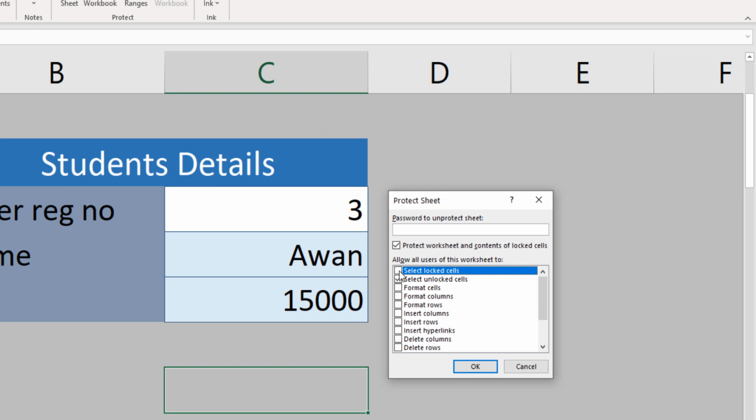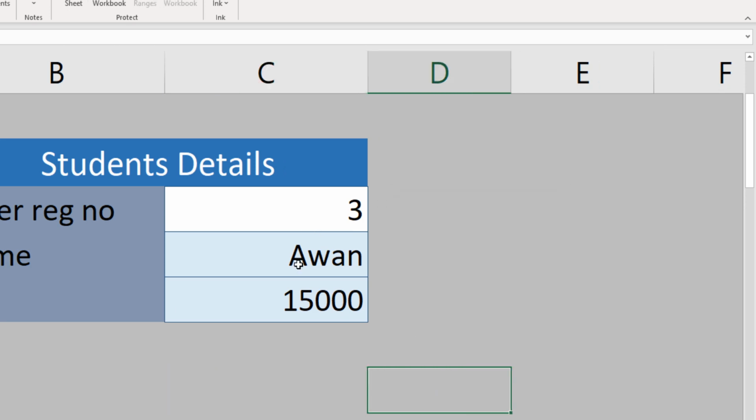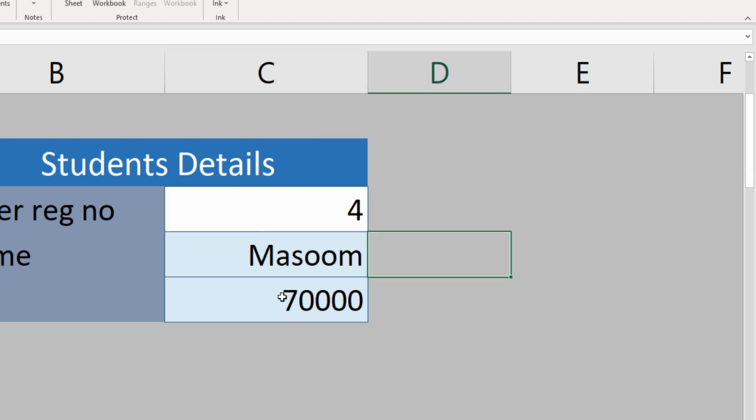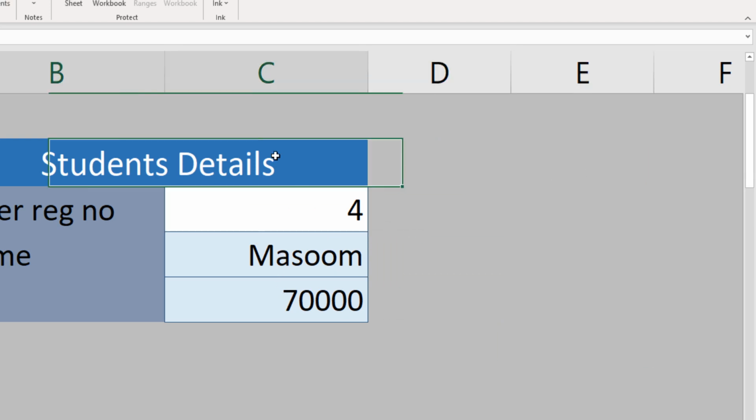The locked cells should not be selectable, so we remove this property and click OK. Now this cell is selectable, so I type 4 and enter. We cannot select this cell and this cell. We can select any other cell on this sheet, but we cannot select these.